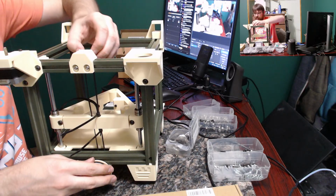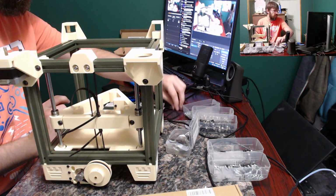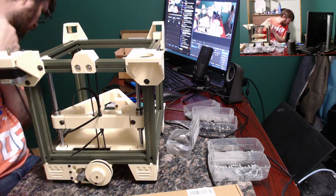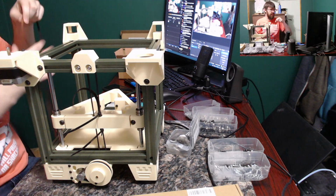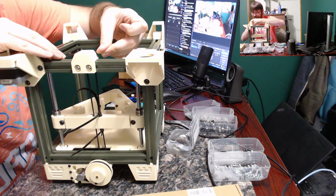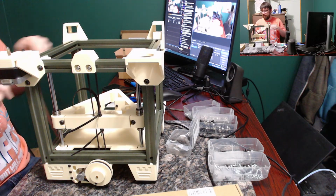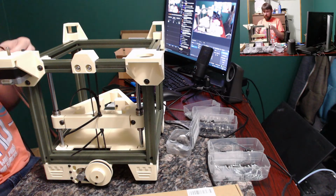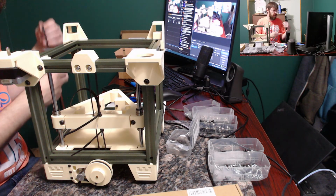I think this belt is actually a little bit wider than normal. I don't know why. Where's my other stuff here? Again, if you can, buy genuine Gates belts. I think this belt that I have is somehow slightly bigger. I want to actually double check this. This is really stupid. What size is this belt, roughly? 6.4. Yeah, it's almost 0.5 millimeter wider than